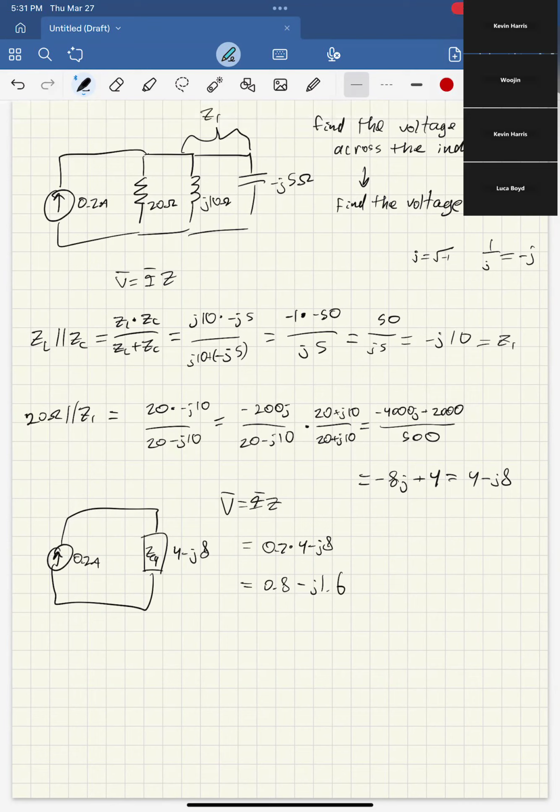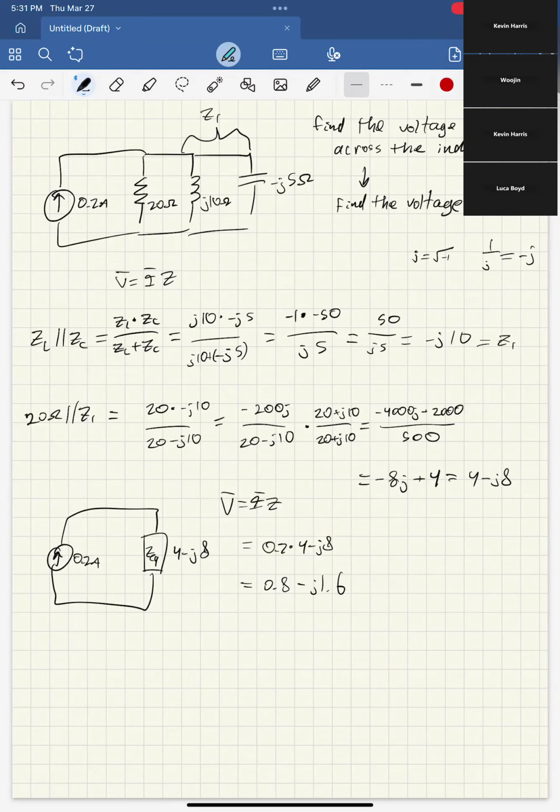Yeah, we have to turn this into phasor form. So the same way we did before. Basically, if it's asking you for a voltage or a current, you have to give it in phasor form. If it's asking you for an impedance, you can leave it in this form. But anyway, right at the end here, we got to do